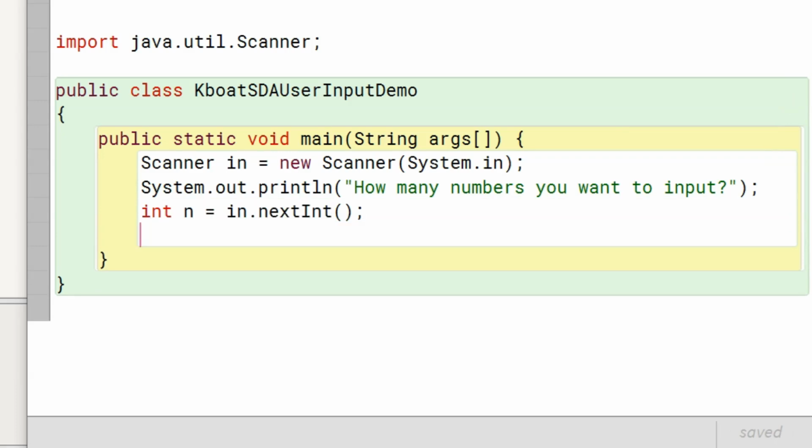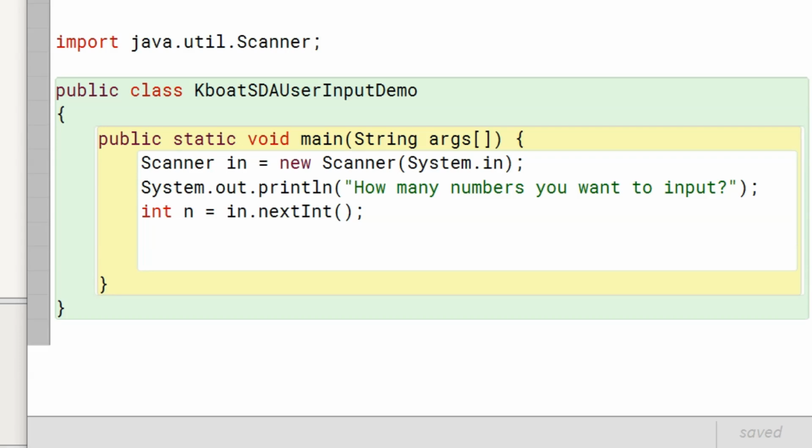We have to store the n numbers that the user will enter into a single dimensional array. This means that the size of our array should be n. Just to clarify this point a little more, say the user wants to store 10 numbers. Then we will create an array of size 10. If he wants to store 15 numbers, then we will create an array of size 15. For this program, the size of the array is determined at runtime. We can do this by specifying the size of the array as the variable n. Let me show you how.